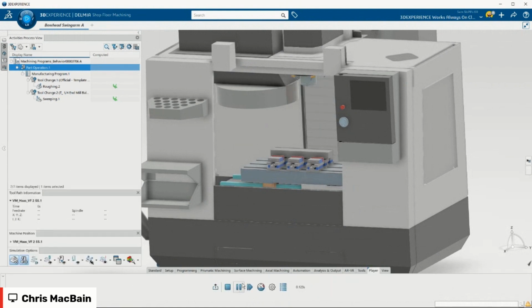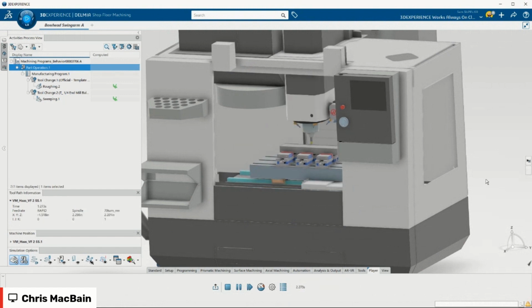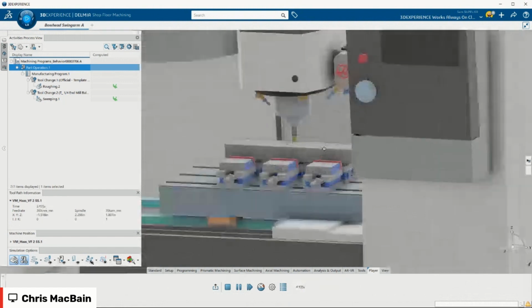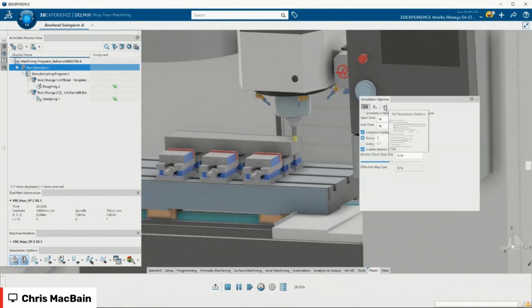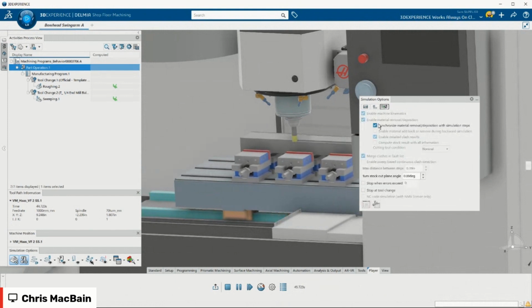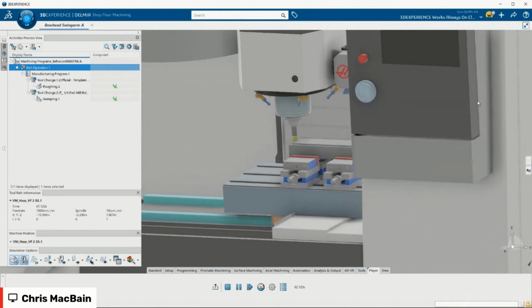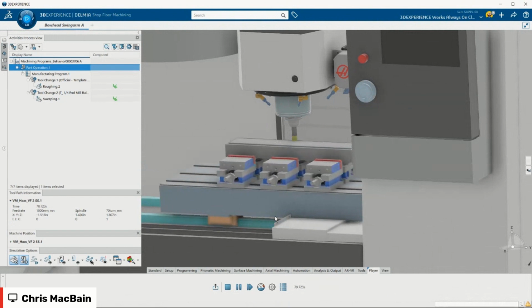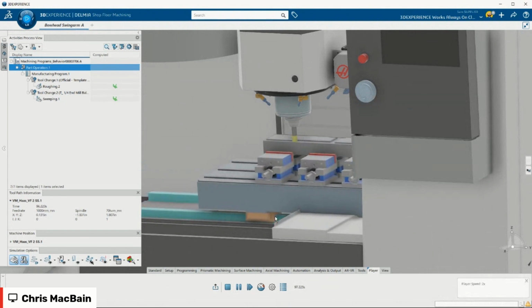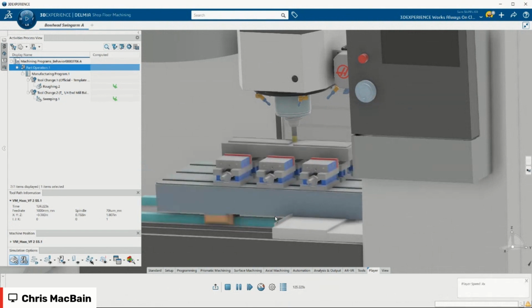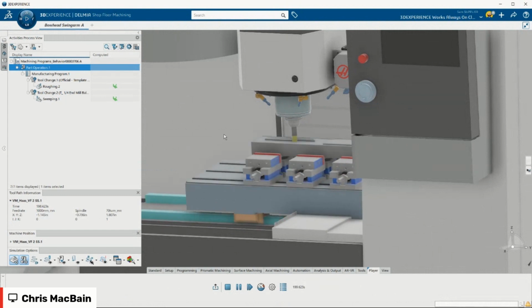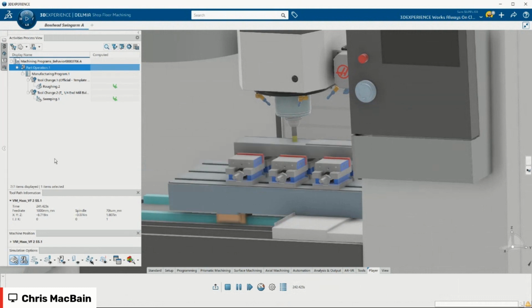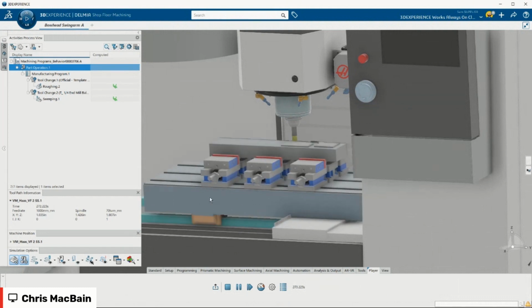There we go. Maybe while Chris is doing this, to the audience: what are some of the challenges you're facing with manufacturing, whether it's your CNC machining, your floor layouts, your cycle times? What are some of those things that you're looking to challenge and get some resolution to in your own plants? That's a great question, and that's what we're here for. We're here to help you guys.